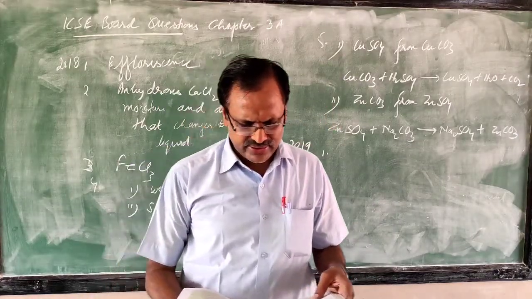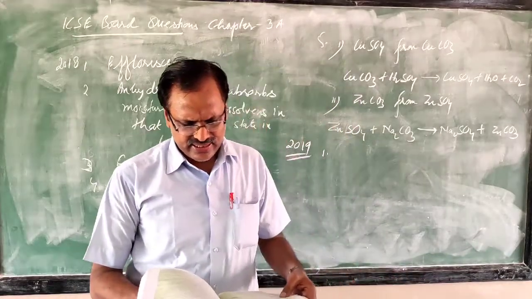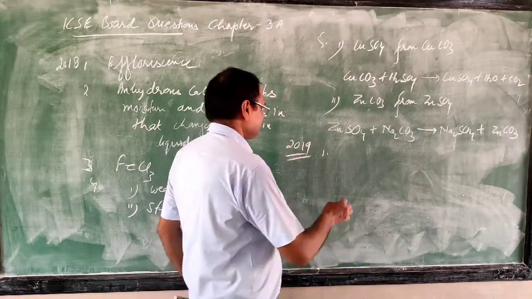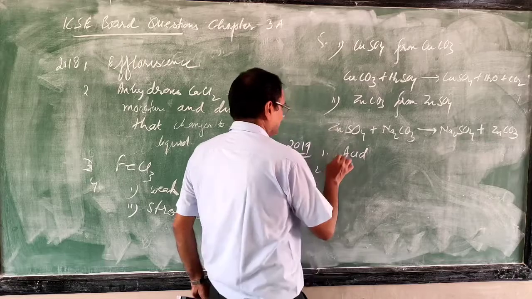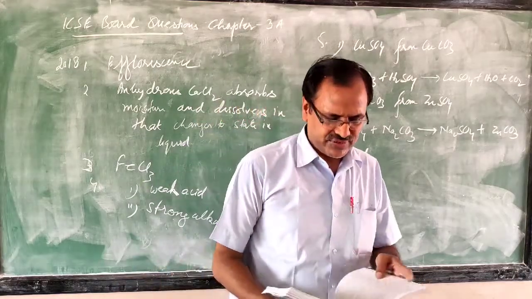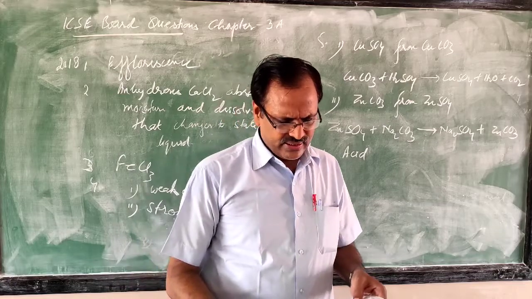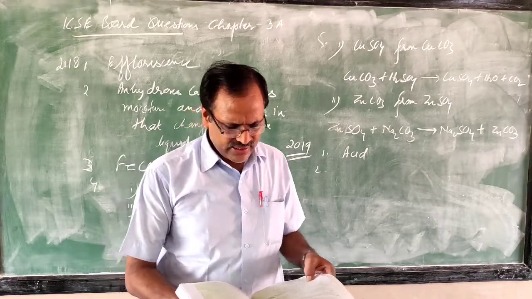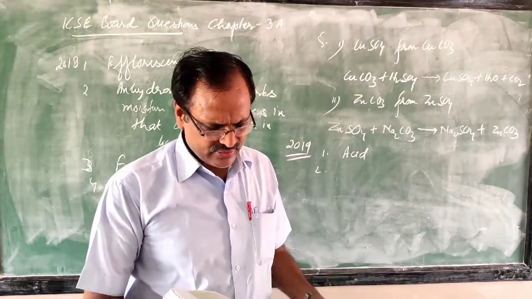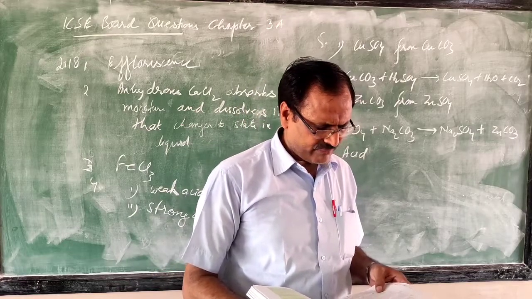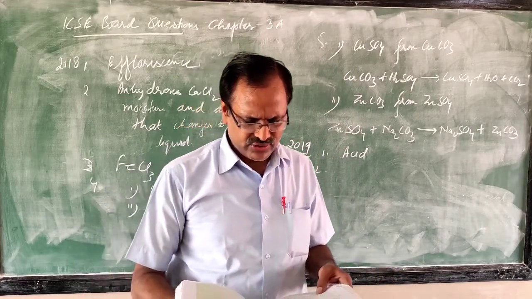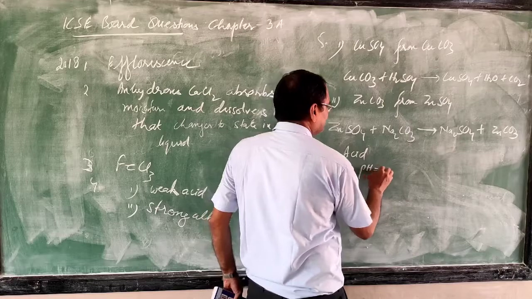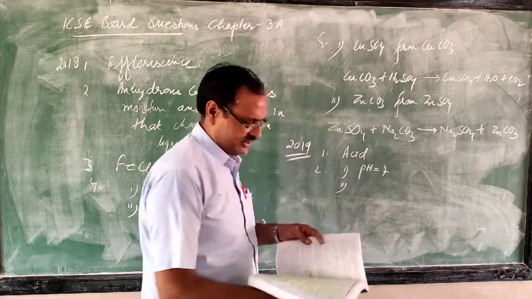Now this 2018. Define, by the statement given: the substance that releases hydronium ion as the only positively charged ion when dissolved in water, that is an acid. This is taken from the definition I told you. They are asking to define the term, so this is the definition of an acid. Then the pH of three solutions A, B, C are given. A pH is 12, B 2 and C 7. Answer the following. Which solution has no effect on litmus? So this is pH 7. pH 7 is neutral, so that's why no effect on litmus.